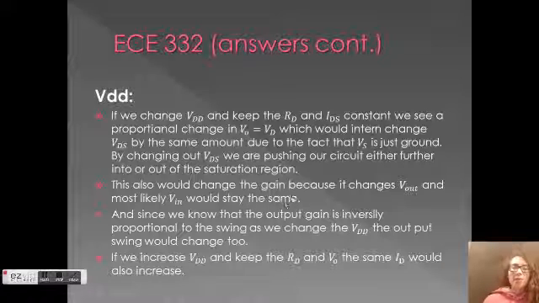By changing VDD, we would also be changing the gain because it changes V out, and Vn would most likely stay the same. So if we increase VDD, which would increase V out, we would be increasing the gain, and